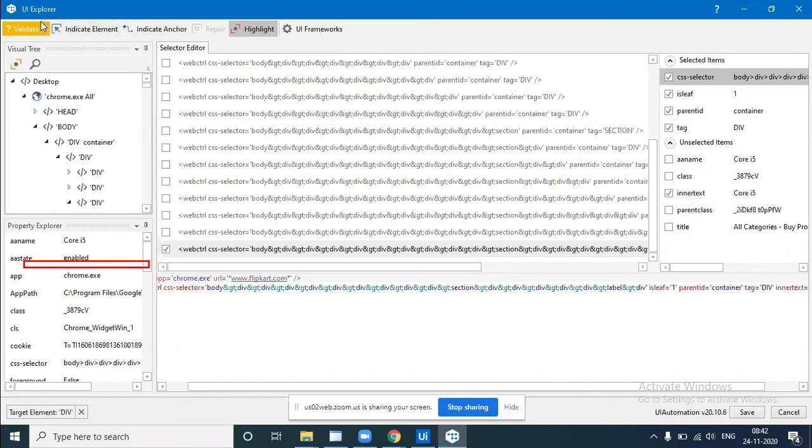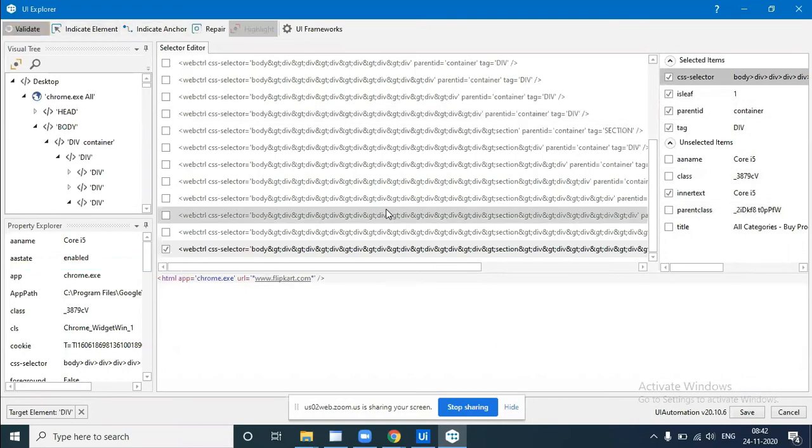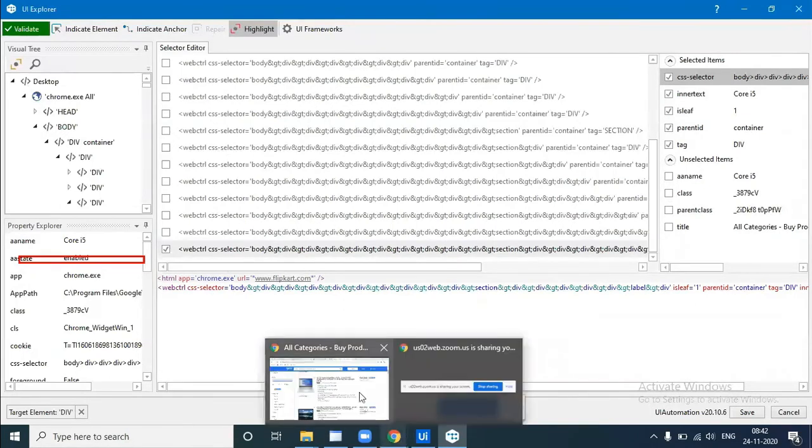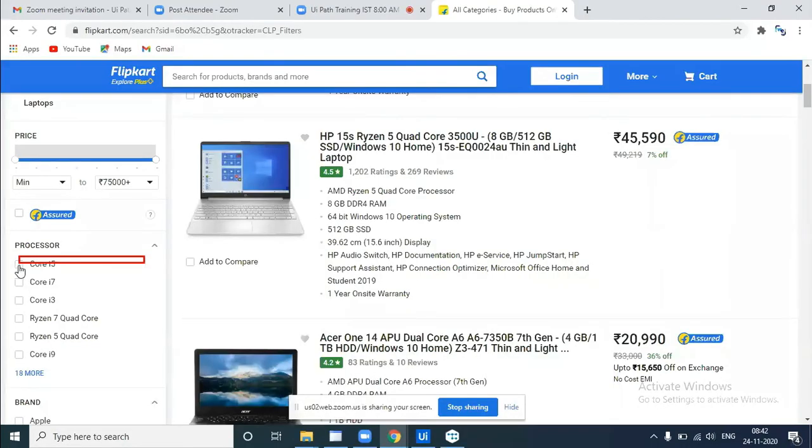The element. Can you repeat it, sir? Sorry, I didn't get it. What was selected? Whenever we select things, we will have all the information about it, right? Selectors. So now when I changed IDX, there was an attribute called IDX. IDX is having value 1. When it was having value 1, it was highlighting this checkbox. But when I gave the value 2, it started highlighting Core i5.